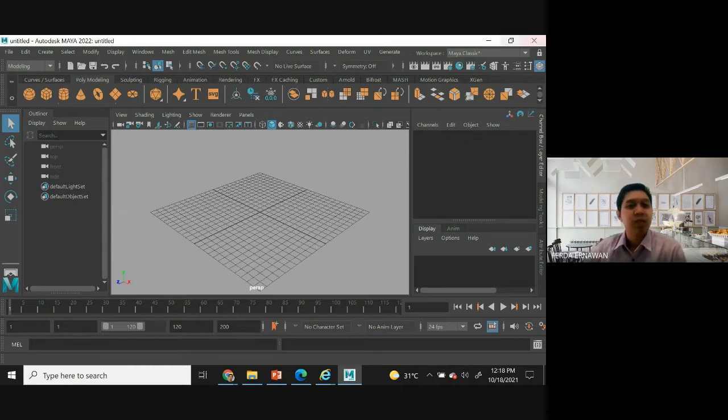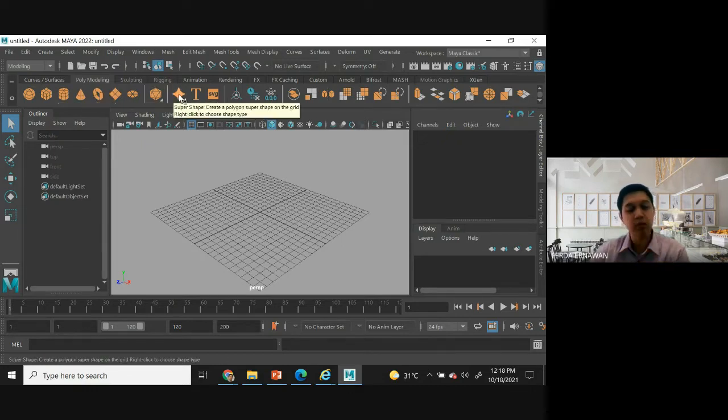Okay. So this is our first lab. Let me introduce Maya to you and some basic tools or features inside Maya that you should know. Number one, we have a poly model. There is a sphere, there is a cube. This is a cylinder, cone, and then torus, and so on.